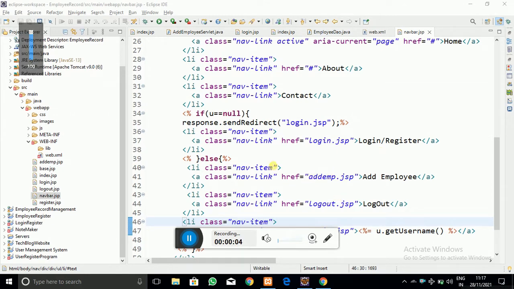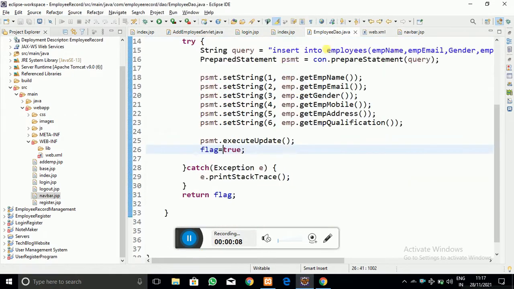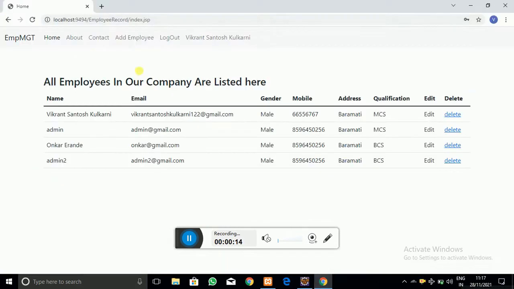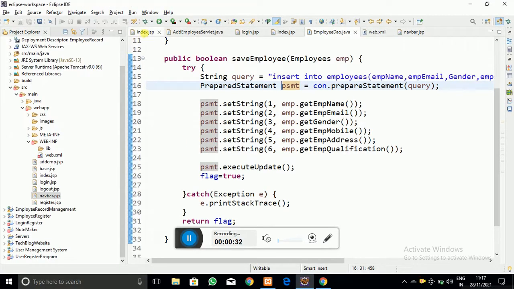In today's video we are going to continue our last tutorial. In the last tutorial we fetched the data from the database, and in this tutorial I am going to create the delete module. That is, I am going to teach you how to delete data from the database. As you can see, when I click on the delete link, nothing happens, and I have to delete that data from the database.